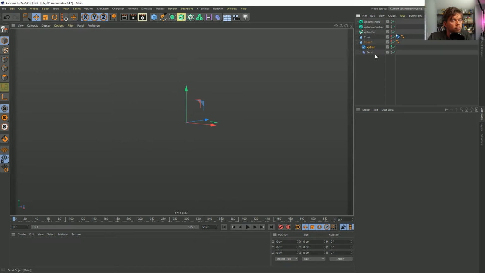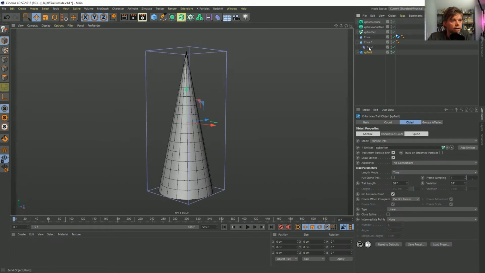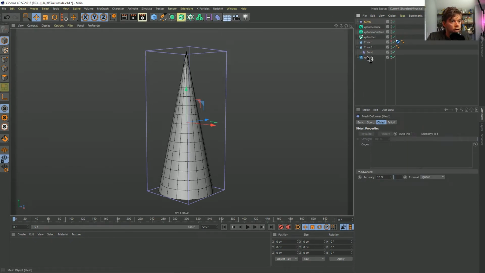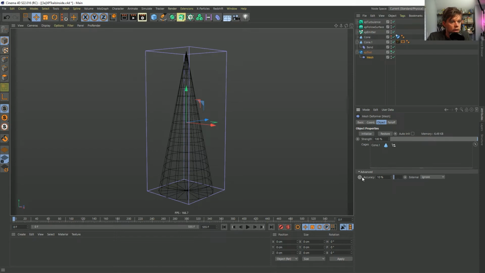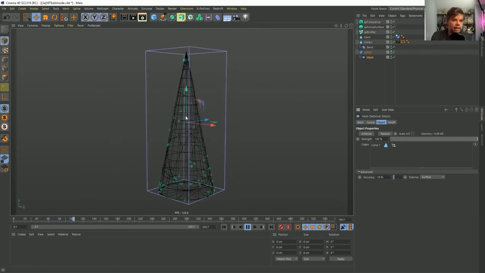Right now we're bending it directly with this bend. If we could pull this out, let this cone get deformed, and have a mesh deformer deform our XP trail, we can try it again. I don't think it's going to work, but let's create a mesh deformer, and I want it to view the cone, initialize. Let's even turn that on, initialize that, and deform. And you see that just keeps staying where it is. And if it can't handle this with a simple bend deformer, it wouldn't be able to handle it with a